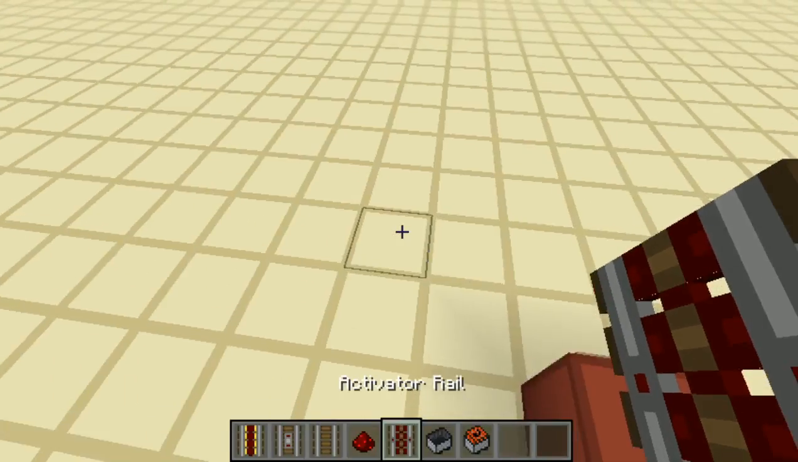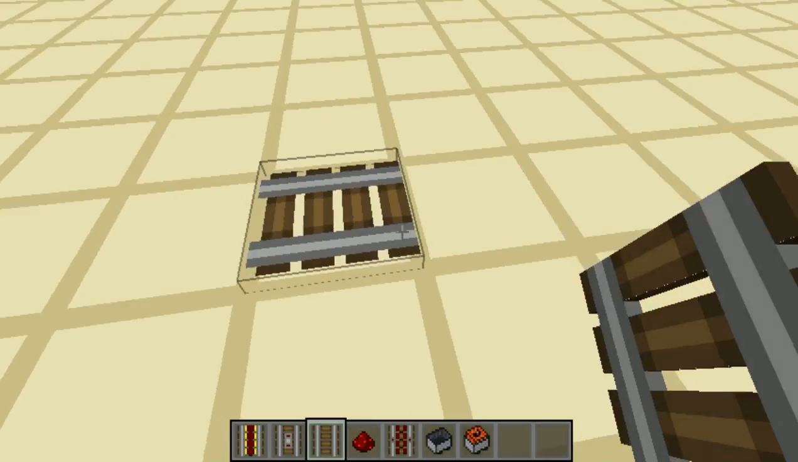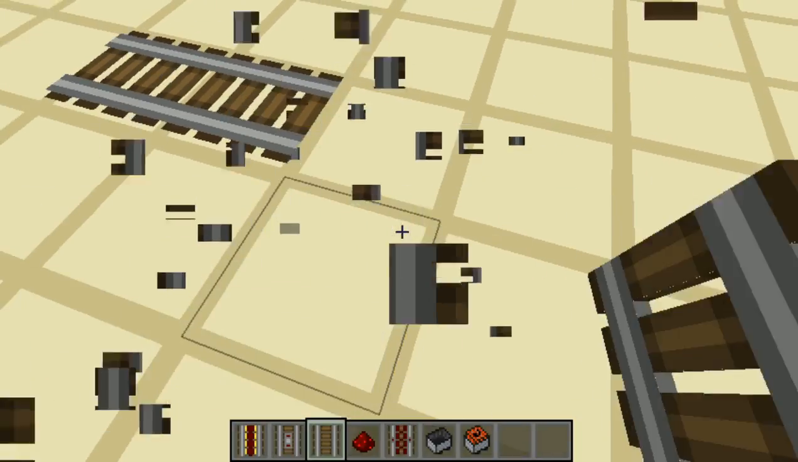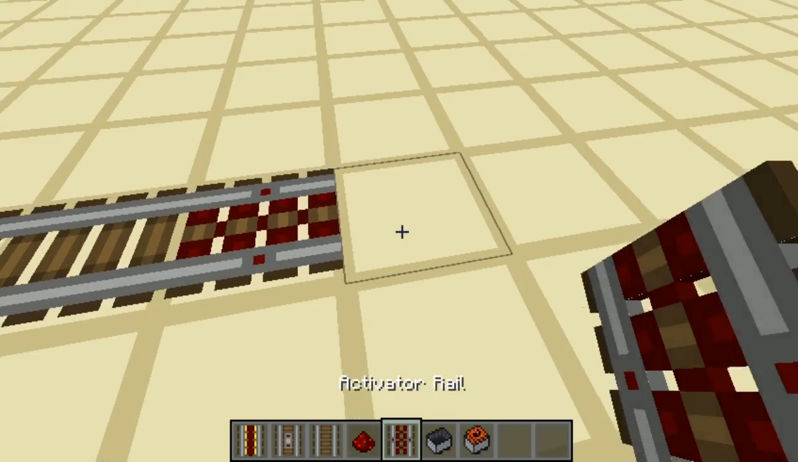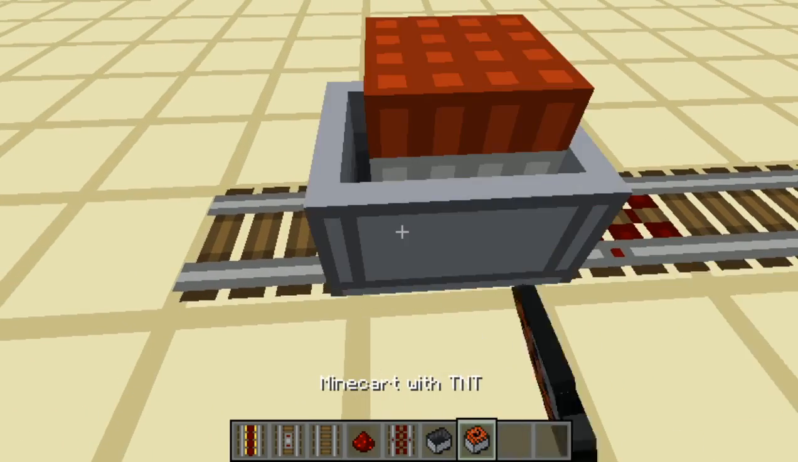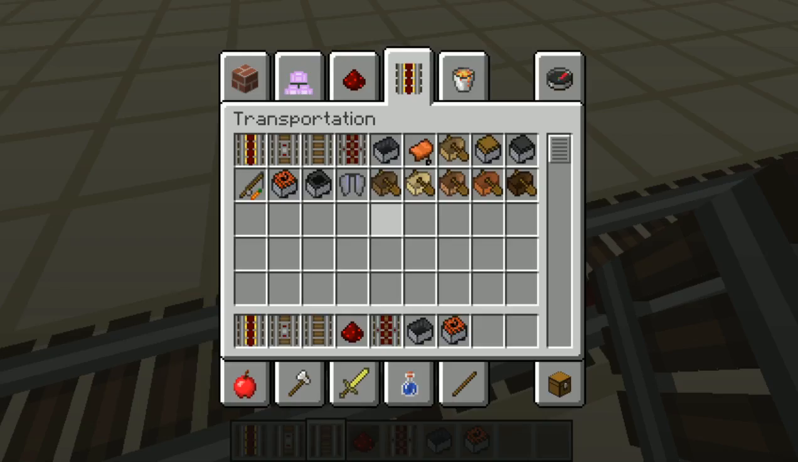Anyway, the next rail is the activator rail. So if I go farther away, because this is kind of explosive, if I just go over here, and then I accidentally put the brightness down on my computer, so sorry about that. Anyway, if I just put the activator rail down there, and then go along like this, and then push the minecart with TNT on the activator rail, if it's actually powered,